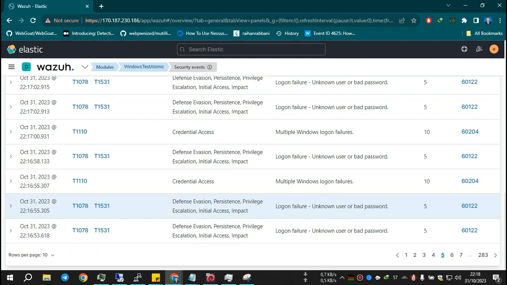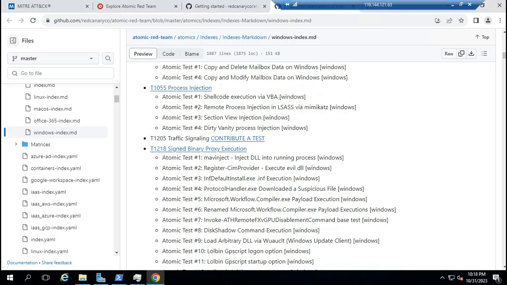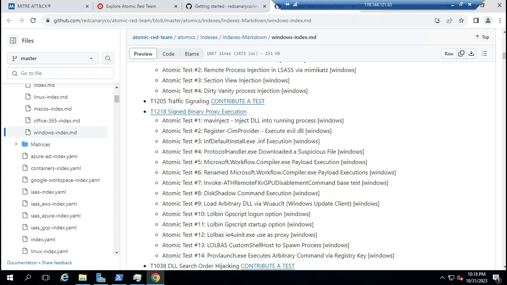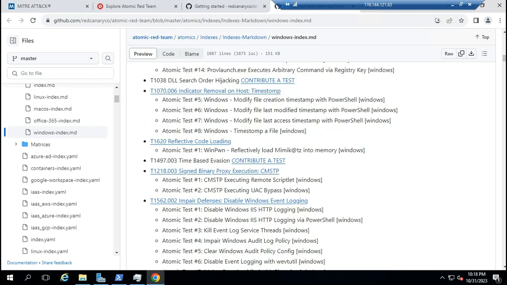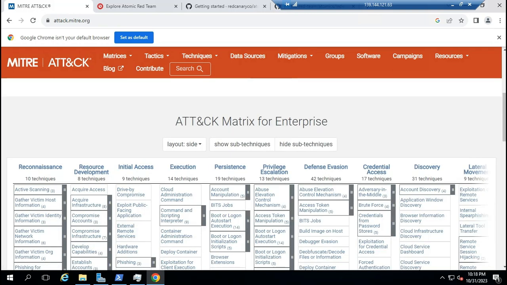Yeah, okay, we just move on. Going back to Atomic Red Team. There are so many techniques that MITRE ATT&CK released.